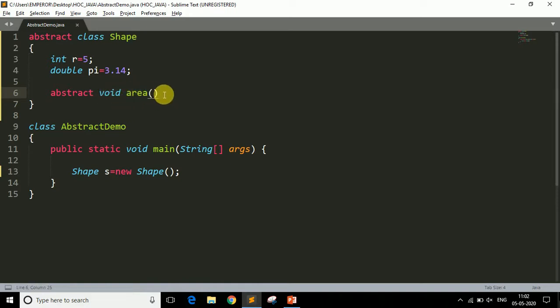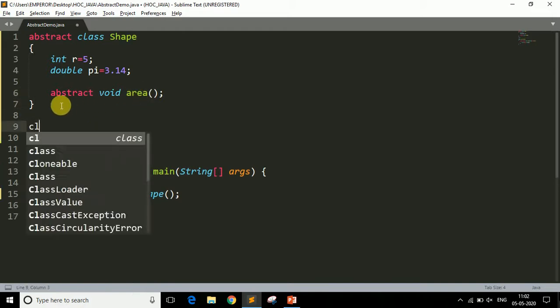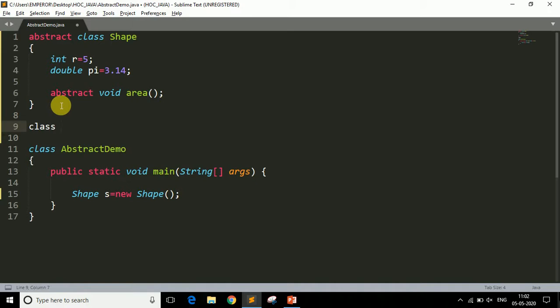I can only declare this method. Okay, so put a semicolon here. This is how we can declare an abstract method. Now, in order to implement this area method, we have to create a subclass, which is, for example, take Circle